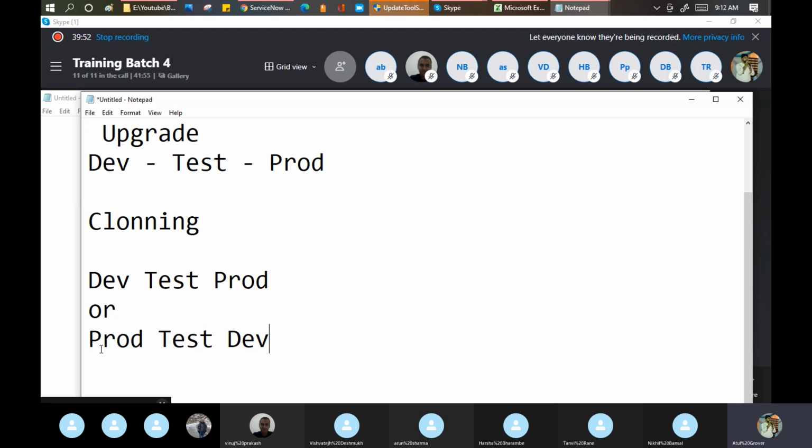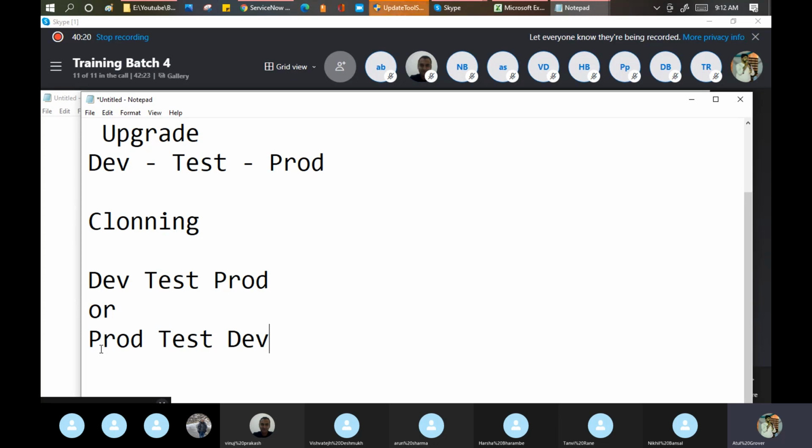Everybody is doing their changes and putting them from dev to test to production. Something breaks in production. Few people are very smart: they make changes in production directly and fix the issue. This is a practical example. I'm sure Vinod, Nikhil, Arun, you are much experienced in this area. You can give us a little smile, but yes, this is true.